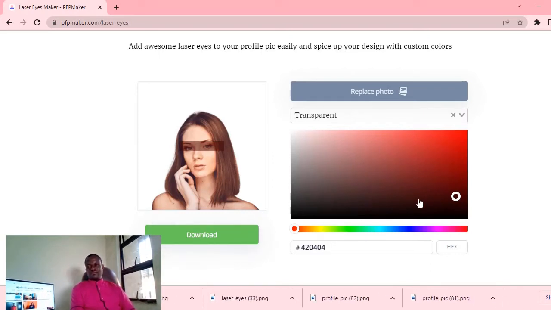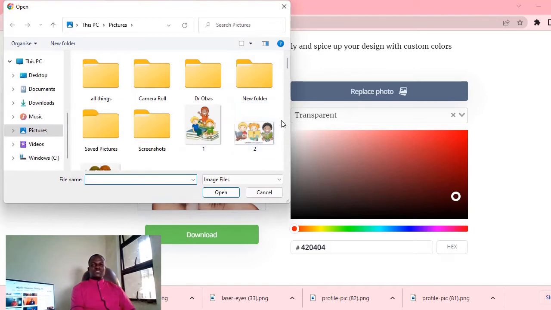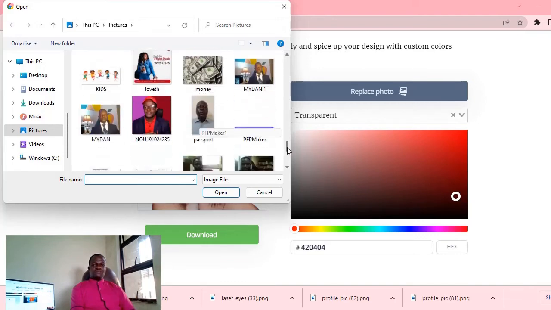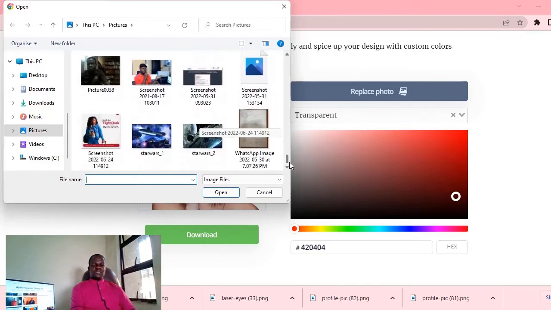How do you do that? Can you see replace photo? Just click on it. As you click on replace photo, it brings you back to the same dialog box. As soon as you're at the dialog box, you want to make that changes here. It is simple. You can just come there